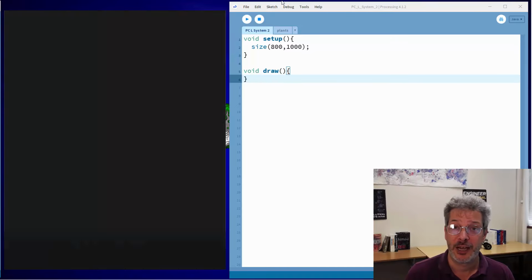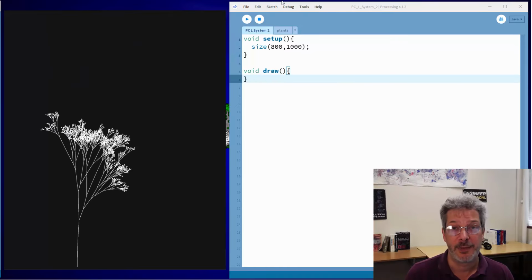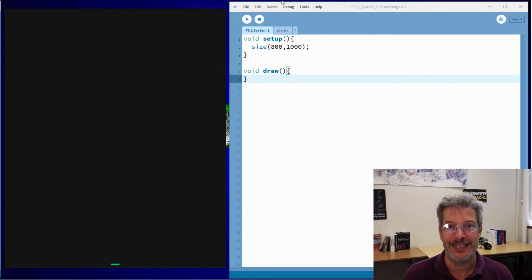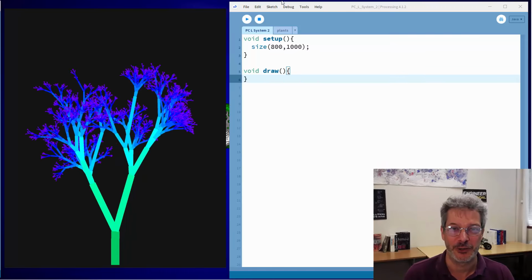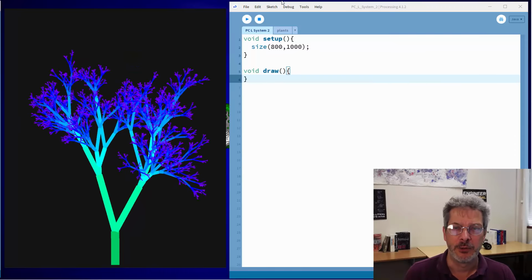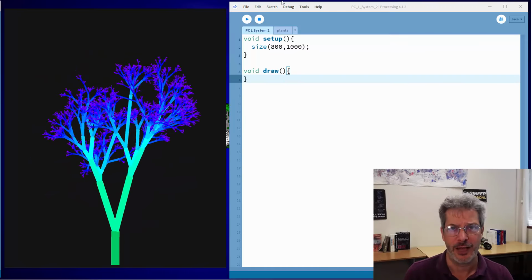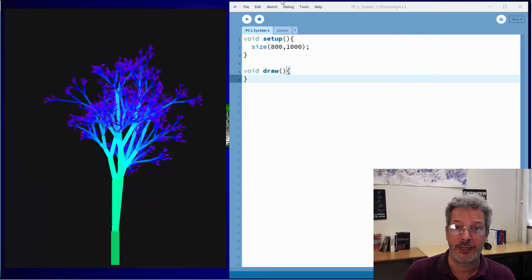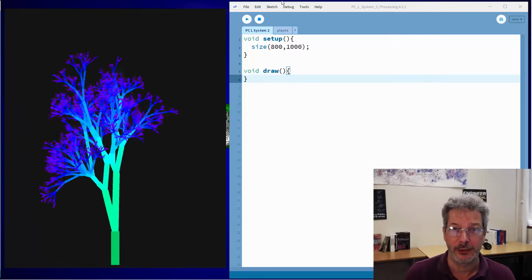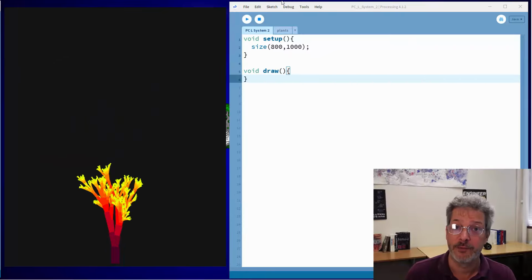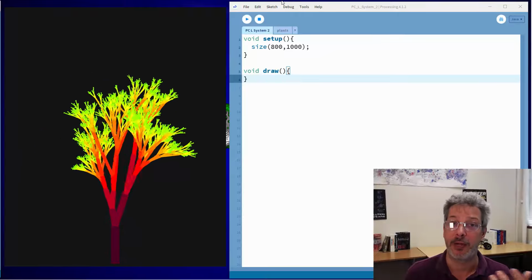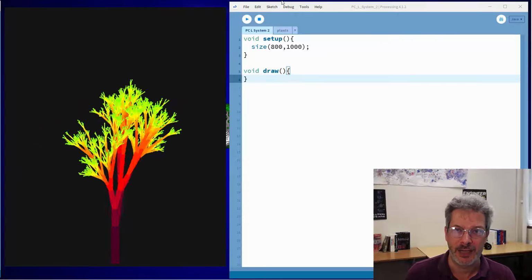For today's project, I'm going to be programming Lindenmayer systems, or L-systems, to generate organic, i.e. plant or tree-like structures in both 2 and 3 dimensions. In a previous video, I should have a link here, I talked about using L-systems to generate fractal patterns that are less organic looking, and that's one of the common uses for L-systems. Another one is for generating these sort of organic plant-like structures, and that's what I want to focus on in